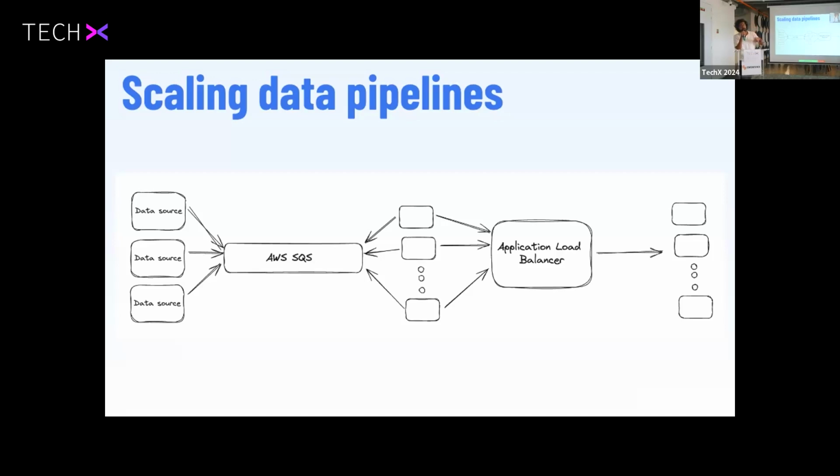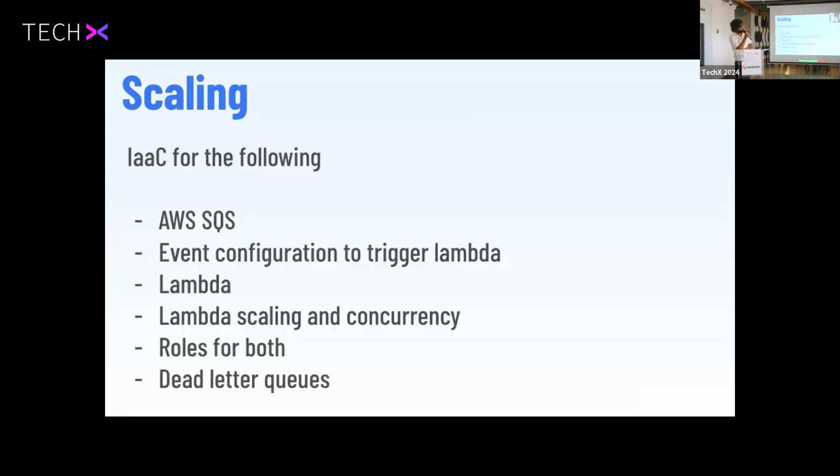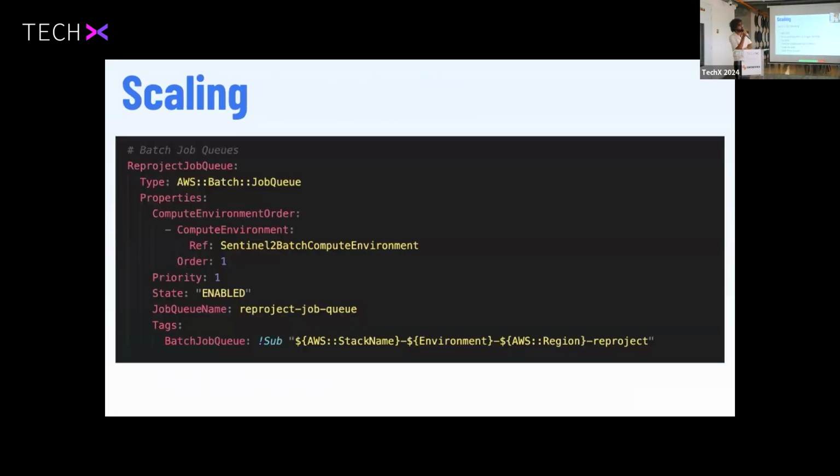Turns out a lot of people had this problem. AWS realized that everybody is having this problem, so they released their own managed service. So that 200 lines of code, when we moved it to AWS Batch, is this much. This is the infrastructure as code of AWS Batch. You write this code and you do a CloudFormation deploy, and your entire infrastructure will be deployed. That's, I think, like 10 lines of code.